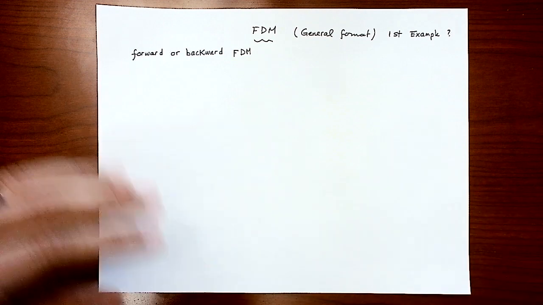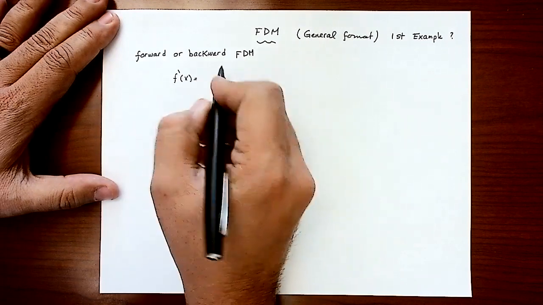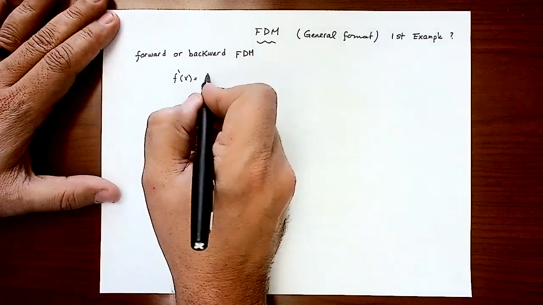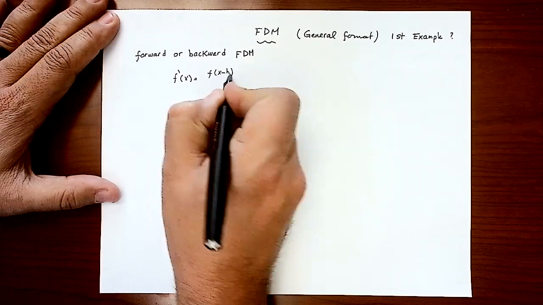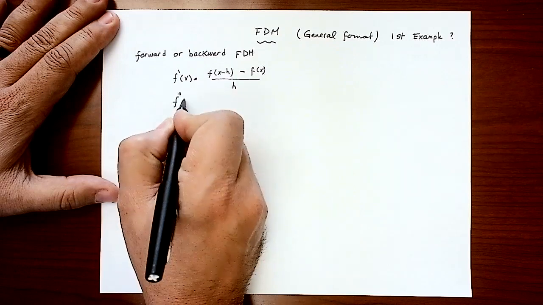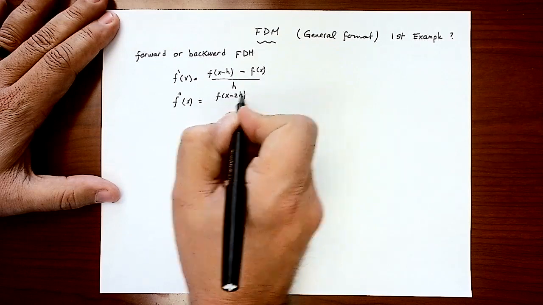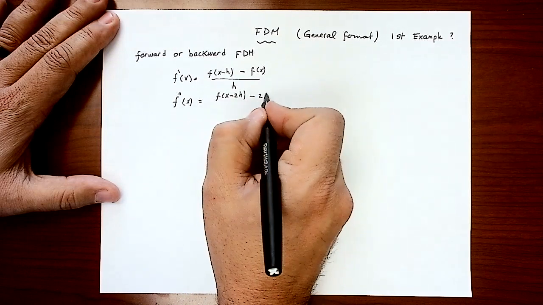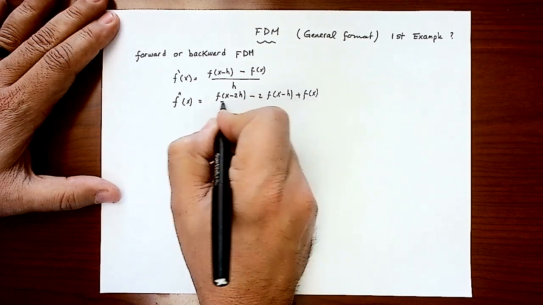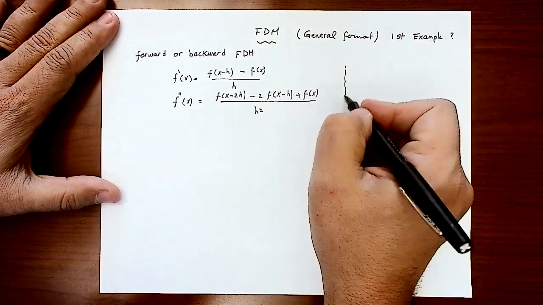So, for example, when we did the backward, we were able to get f prime of x is equal to, I just need to write down the formula, f of x minus f of x minus h divided by h, and we got f double prime of x equal to f of x minus 2h minus 2 f of x minus h plus f of x divided by h squared. So this is what we got for the backward